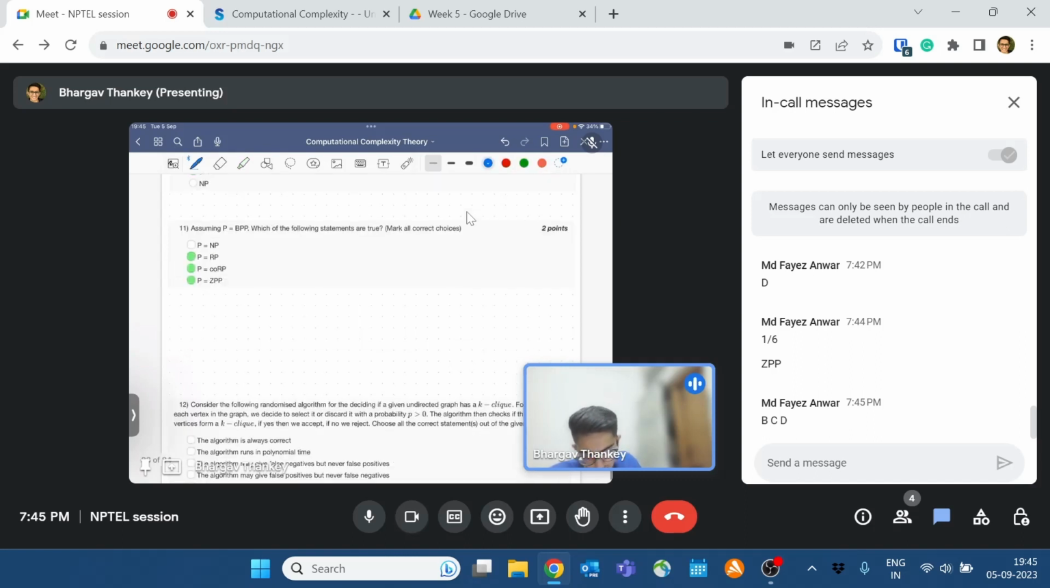Okay, so why is P true? P is contained in RP. I can prove it. P is contained in ZPP, RP, and co-RP, all of which are in turn contained in BPP, which is equal to P, right? So since there is a P over here, there is a P over here, these two must be